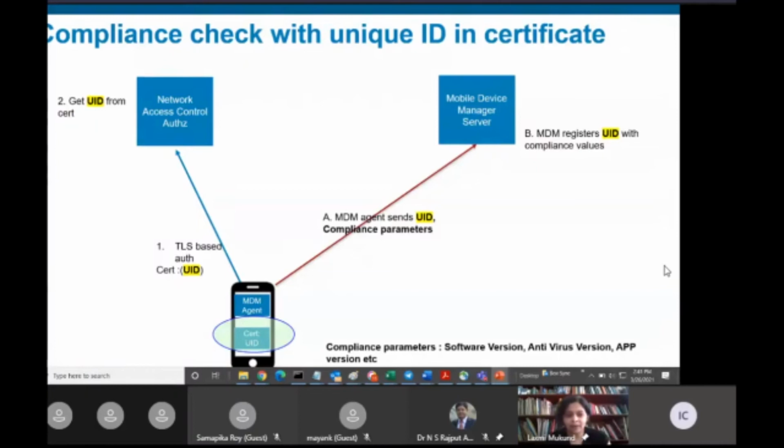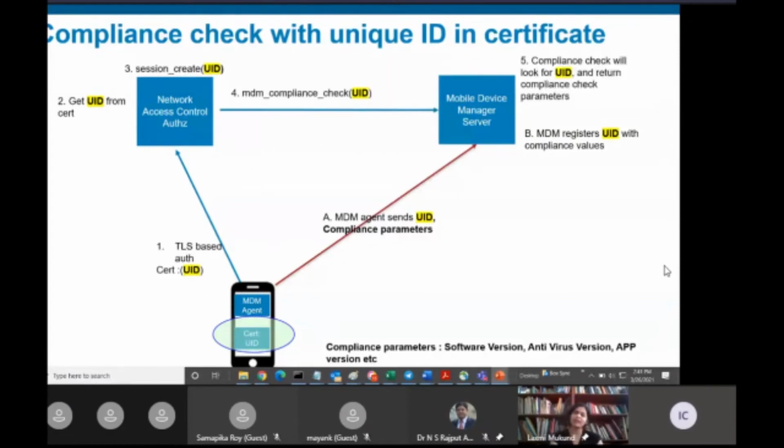And it gets that unique identifier from that certificate, and now it uses this certificate to ask that server whether this is compliant or not. Now it's the same unique identifier that you had used, so everything is fine, and it gets that certificate right back. Right. So this is one solution that seems to solve many of the repercussions that you saw, right, in